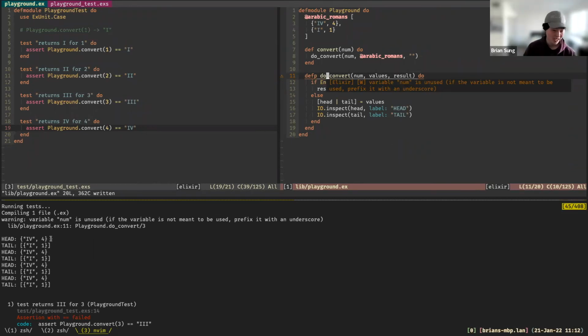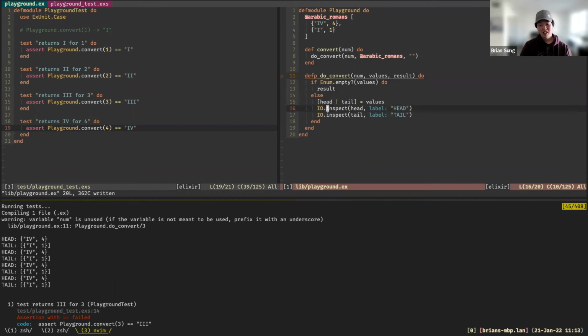But we see that head is that first tuple, right? It's not in a list, it's just that first element, but then tail is everything else in the list. That's why you see the square brackets around it. And there's only one element left, so that's why you only see this single tuple.